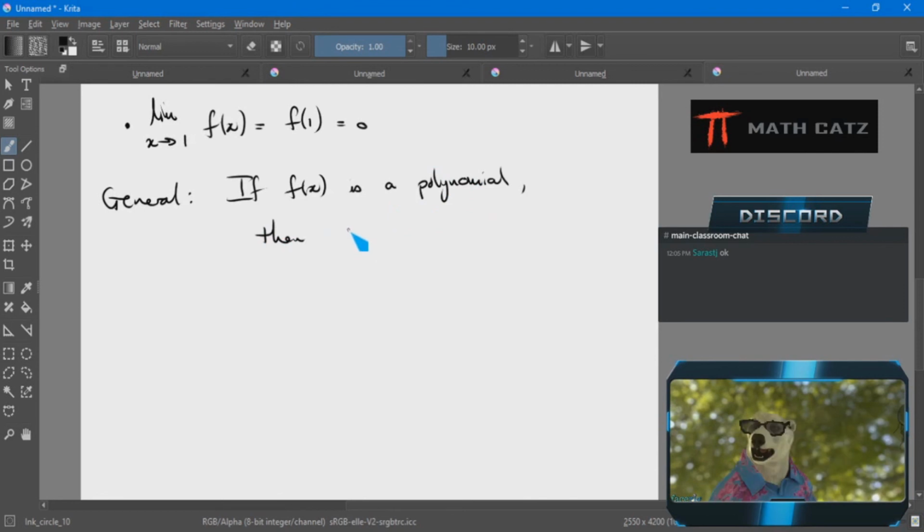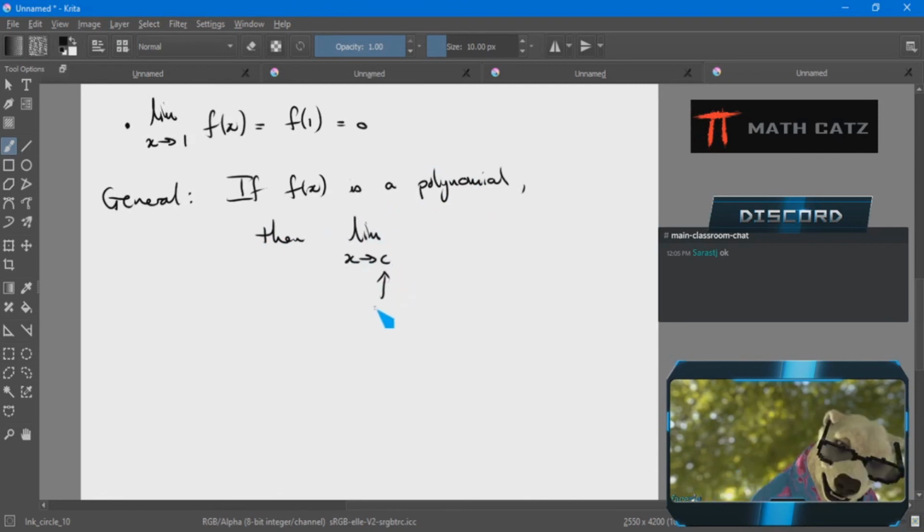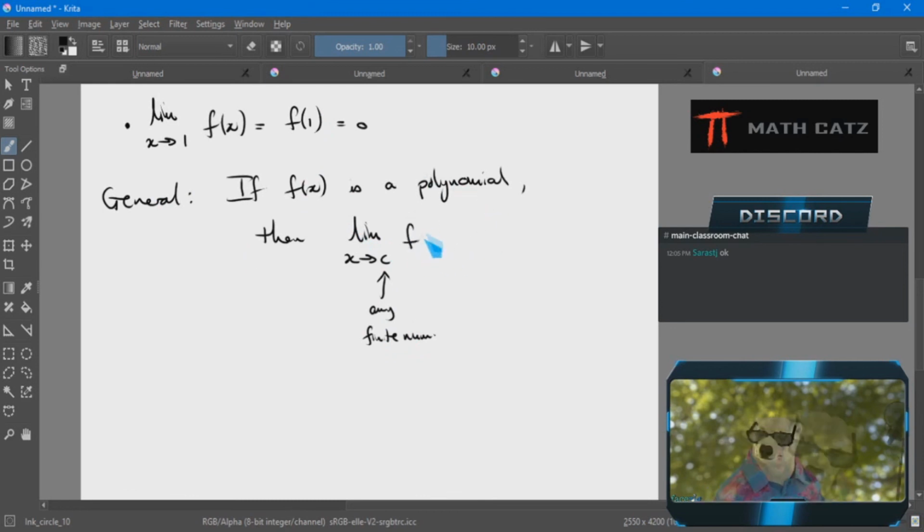Then I could say the limit as x approaches any c, any finite number, 0, 1, 1,000, what do I care, is going to be the y value that I get when I plug in that x value. Because this polynomial is continuous,